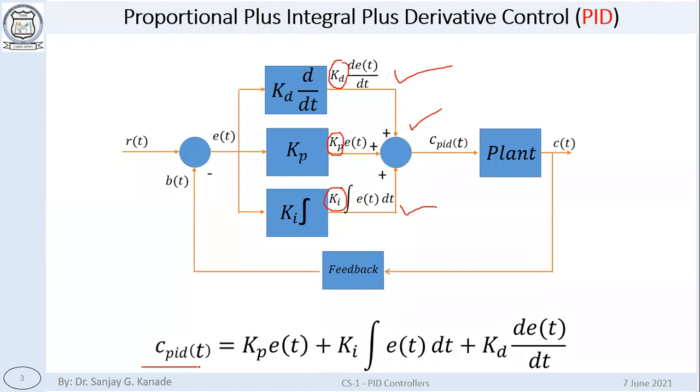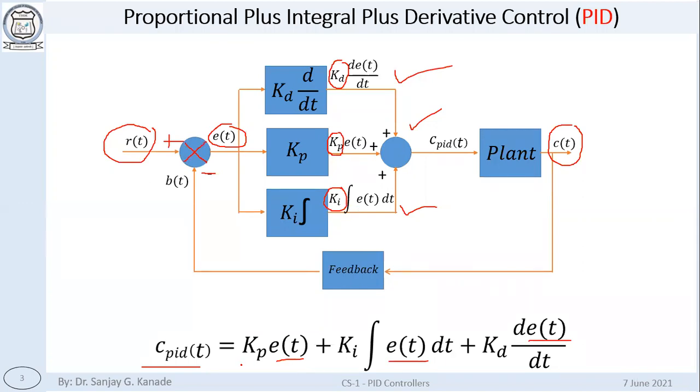this: CPID is equal to Kp into E(t), where E(t) at all times is the error between the reference signal and the output signal, meaning what I want and what I'm having right now. For example, if I want 26 degrees centigrade room temperature and the room temperature is, let's say, 23 degrees centigrade, the difference between the two is the error signal E(t). You can see a simple algebraic sum is performed here. This is the summing junction, just like the original block diagram you saw in the first unit. So this is the equation for the PID controller.